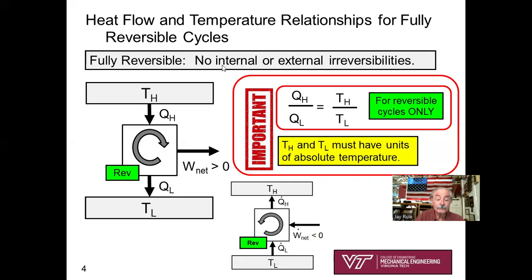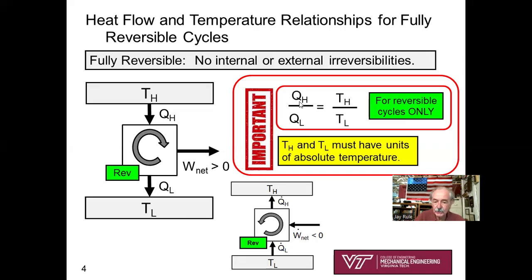And there is no internal or external irreversibility. So everything going on here is reversible. You have to sort of get that in your head. Is the heat transfer from TH into the black box reversible? The heat transfer from the black box into TL, the lower temperature reservoir, is also reversible. So get that in your head. Now here is the important conclusion. For cycles that are operating reversibly, and notice how I've labeled my schematic reversible to really try to drive this home,